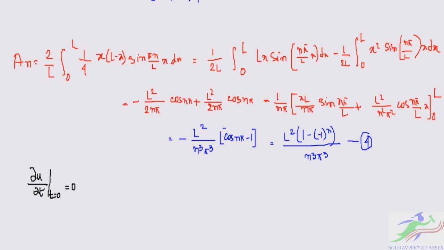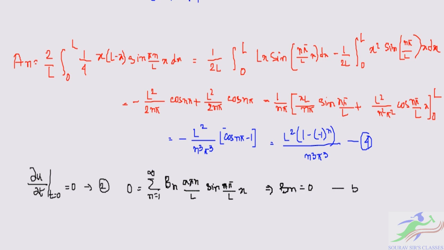If we use this in equation 2, it will lead to the summation from 1 to infinity of b n alpha n pi by l times sine of n pi x by l equal to 0. Now you can solve this: b n is equal to 0,